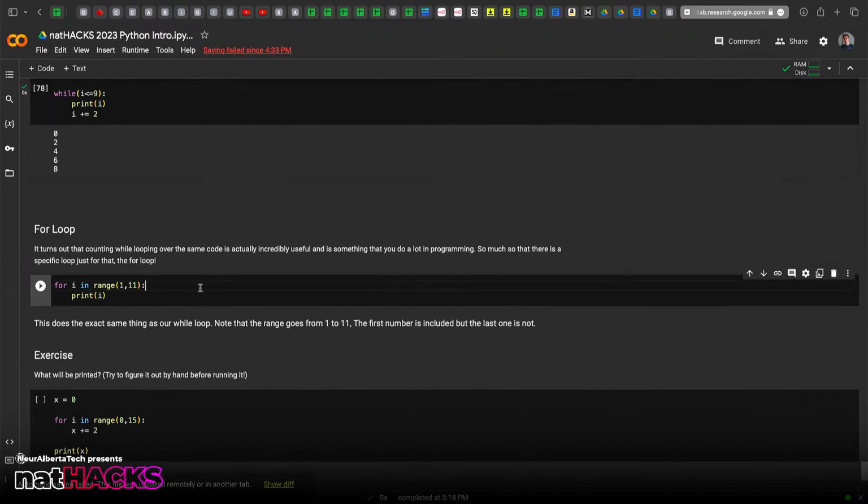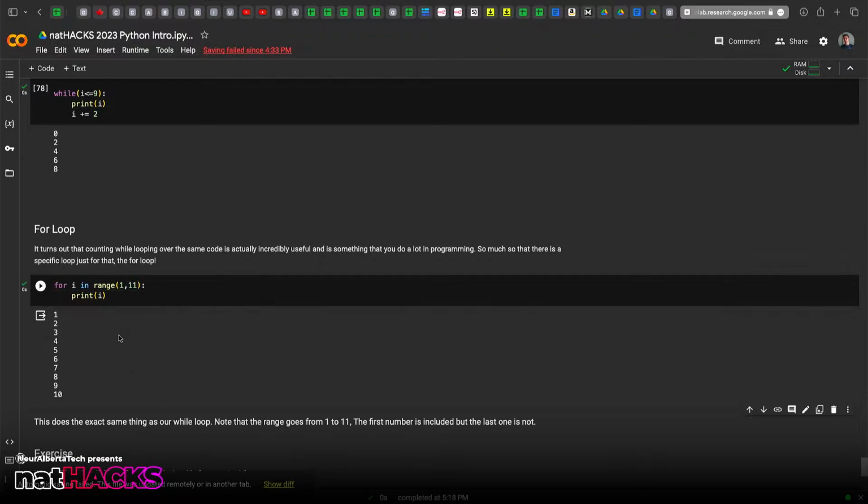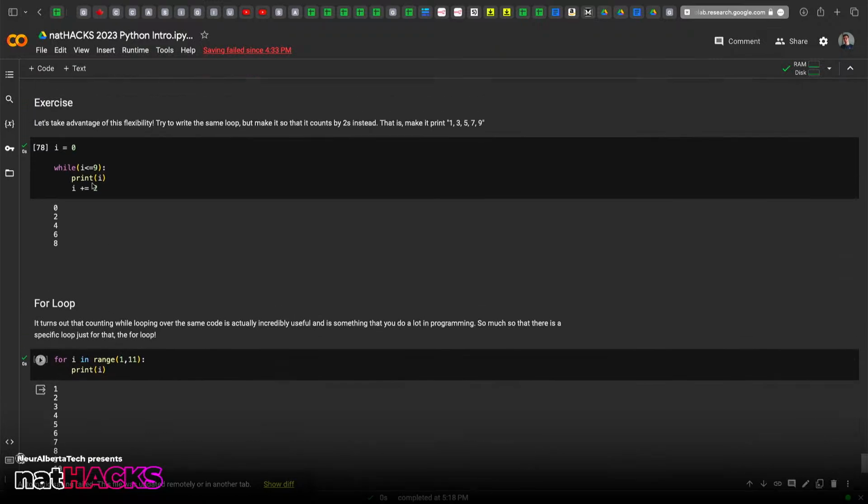And that brings us to a for loop, which is a shorthand, once again, for doing a while loop. So we can say for I in range 1 to 11, print I, and that will do the exact same thing as our while loop above. Essentially,